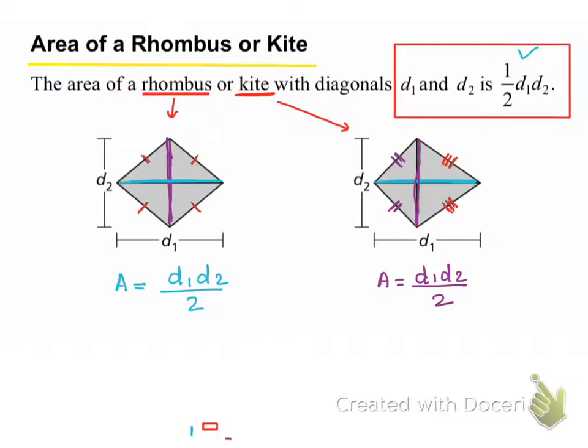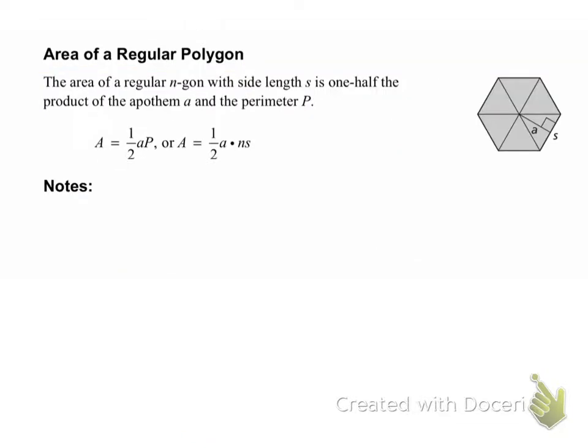Let's move to the last area formula: area of a regular polygon. So your polygon has to be a regular one. If I say regular, I mean this congruent to this, congruent to this, and this. All five sides have to be congruent. That's a regular polygon, because all sides are congruent, and I could show it by marking. If I have to find the area of that, the formula is basically